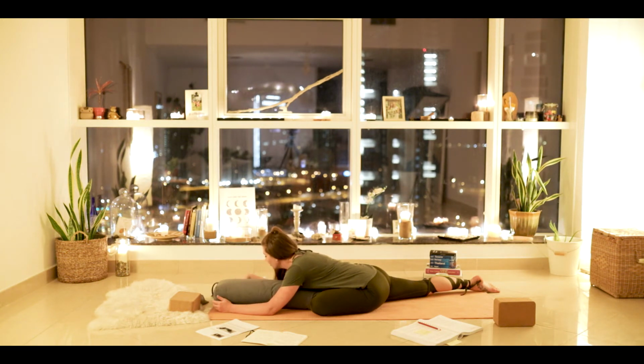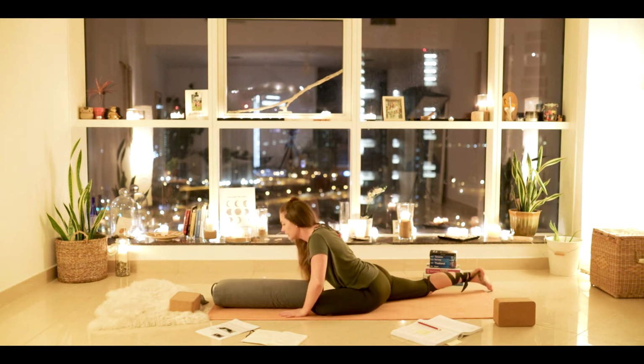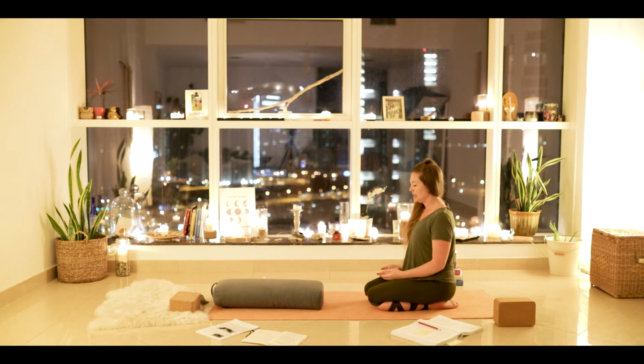And then with your next exhale, bringing the head back to center, bringing the hands under the shoulders, tucking the back toes, bringing the knees together, sitting back on the feet, taking a few breaths. It can be pretty painful, deeply opening our hips like that. Again, working with the meridian lines. So just taking a few breaths, recentering yourself,